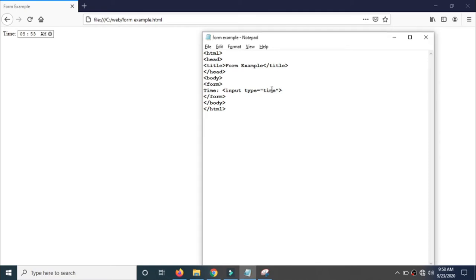This is the time type example. Input type is time. Now again, if I run this program on Mozilla Firefox, you can see the output like this. If I click on this, I can give an input just by using the keyboard arrow keys. You can notice 5 or 6. If I increase it, it increases, and the 12-hour format is supported.